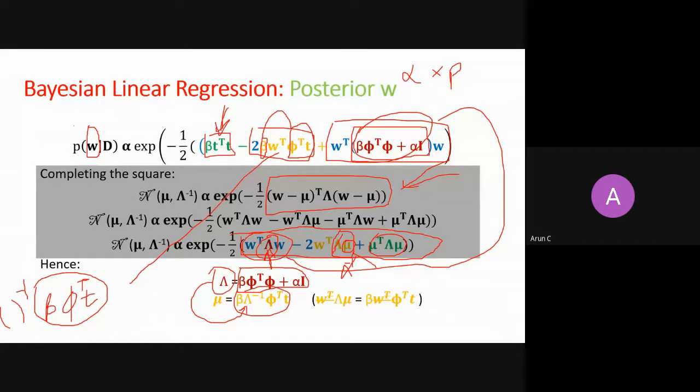So what I am trying to explain on this slide, anybody can unmute and let me know what I am deriving here. The first line of the formula is what we're trying to derive. We know that the normal distribution given mu and lambda inverse is proportional to the exponent of whatever thing, so we get some form here. That's right. This lambda and mu is for what distribution? What distribution am I trying to derive? A Gaussian distribution. What Gaussian distribution?